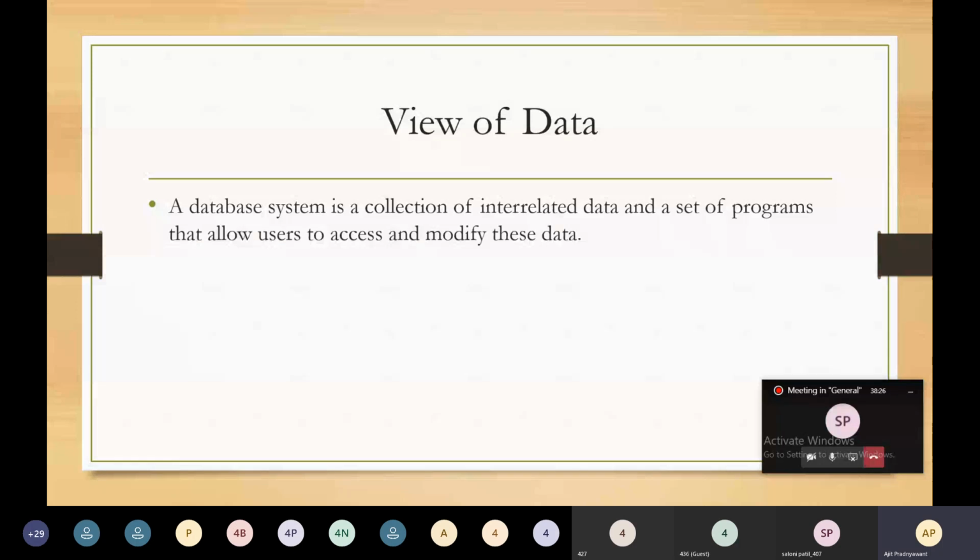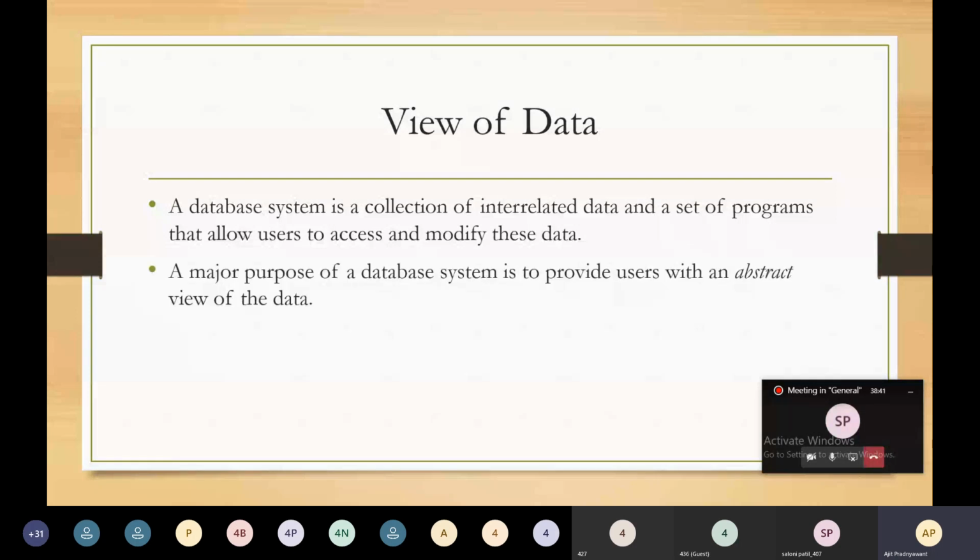A database system is a collection of interrelated data, and a set of programs that interact with that data to allow users to access and modify it. The major purpose of a database system is to provide the user with an abstract view of data, meaning only essential features are visible to the user.